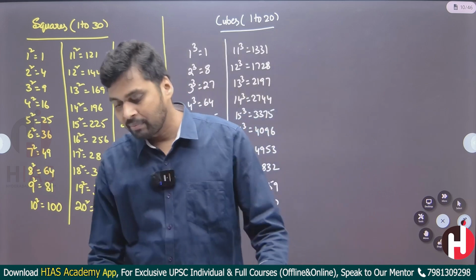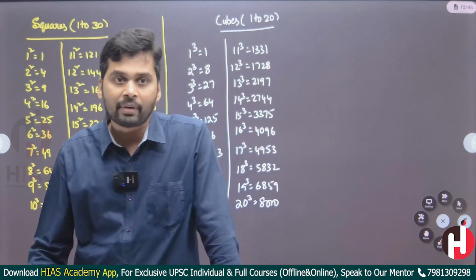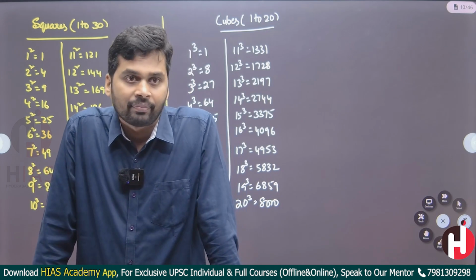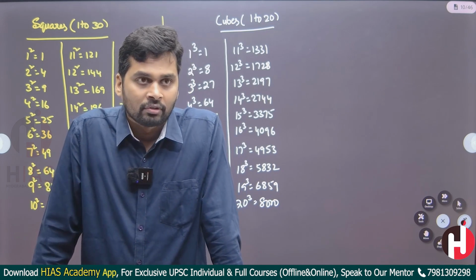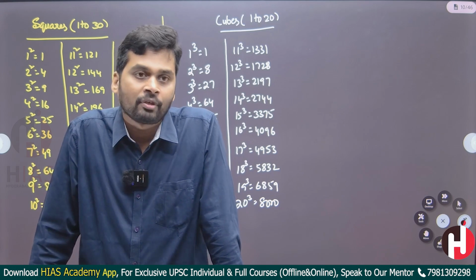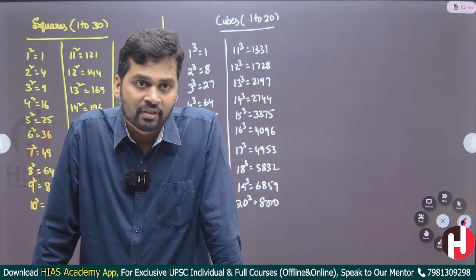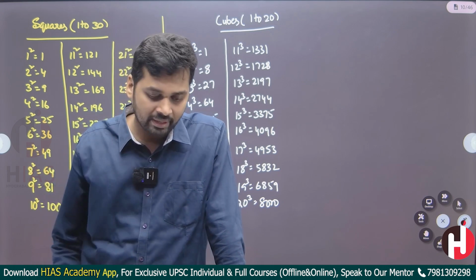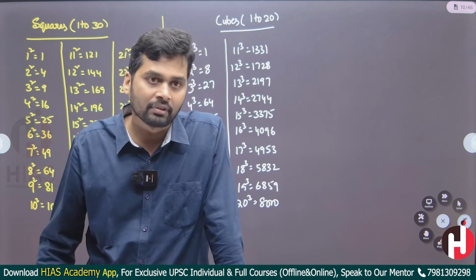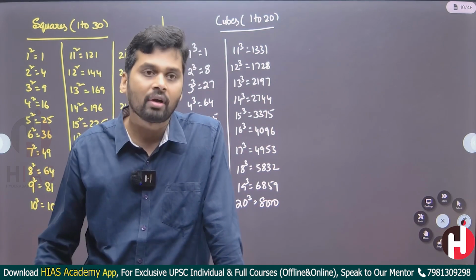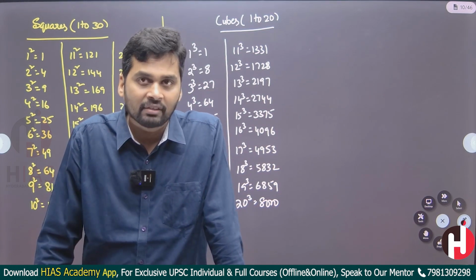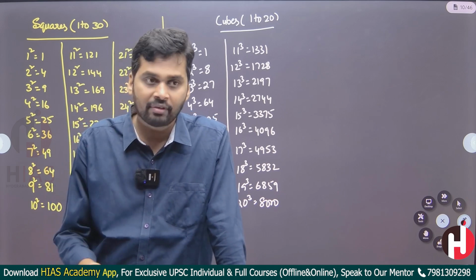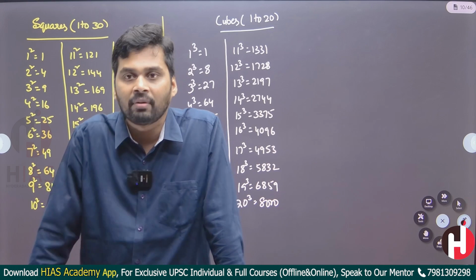And also prime numbers from 1 to 100. Identifying the prime numbers from 1 to 100 is very important, because most of the concepts in the number system are related to prime numbers. So at least you need to identify them. What are the prime numbers from 1 to 100? In the factors concept and the maximum power concepts, for all these we need to write the given numbers as a product of prime numbers.